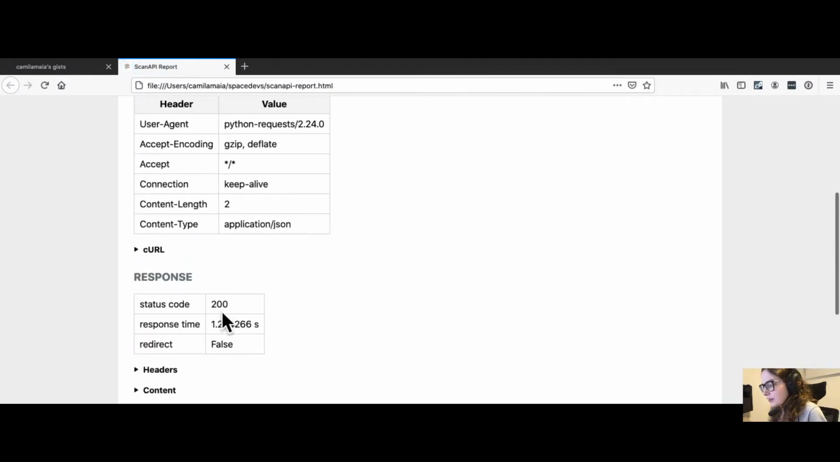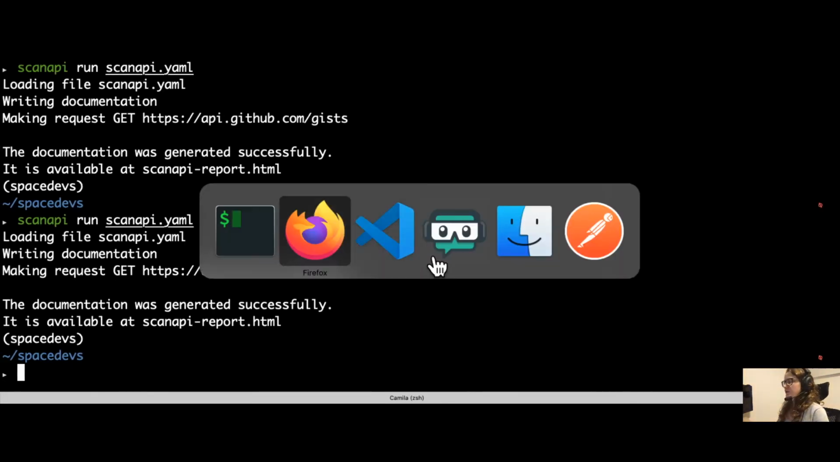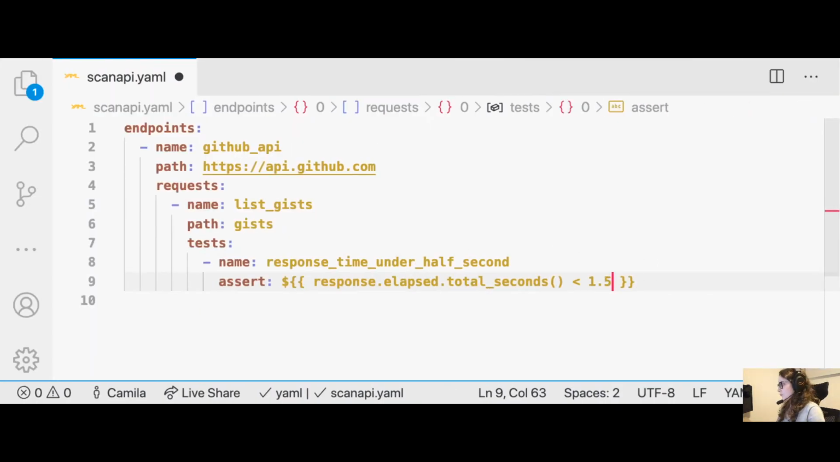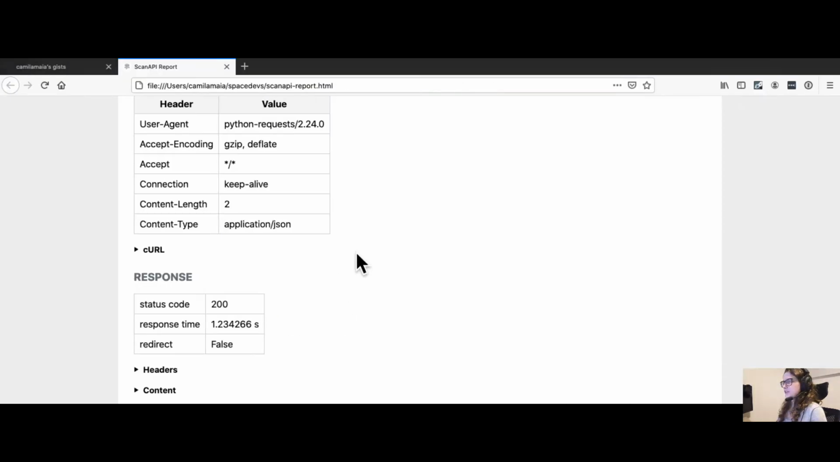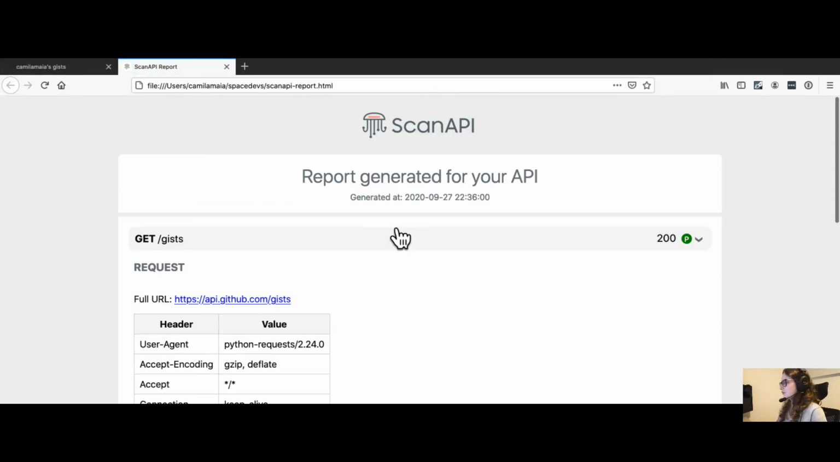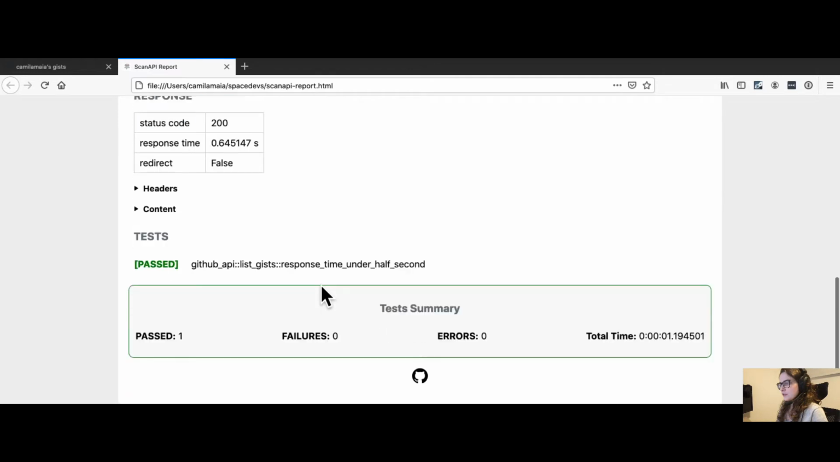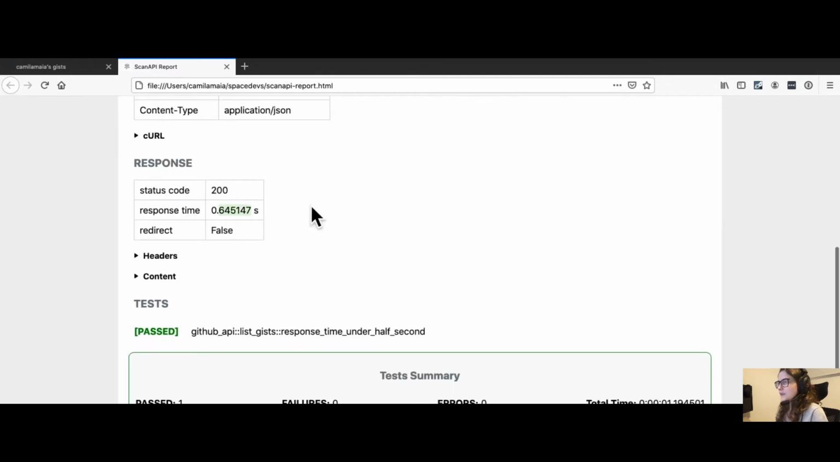Okay, and then again it's failing because 1, 2, 34. Let's put a bit greater threshold, 1 out of 5, and let's ensure that this passes. Okay, now it passed. Because if you see here, the response time is 0.64. It changed a lot, so it's under